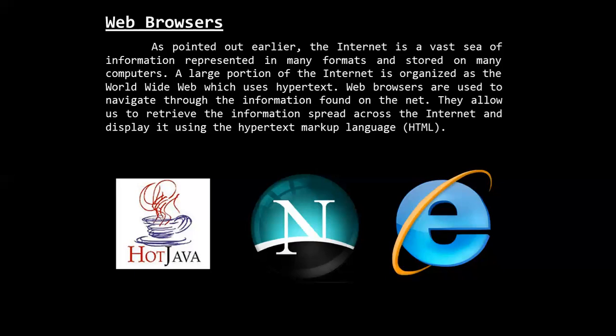HotJava. HotJava is the web browser from Sun Microsystems that enables the display of interactive content on the web, using the Java language. HotJava is written entirely in Java and demonstrates the capabilities of the Java programming language. When the Java language was first developed and ported to the Internet, no browsers were available that could run Java applets. Although we can view a web page that includes Java applets with a regular browser, we will not gain any of Java's benefits.